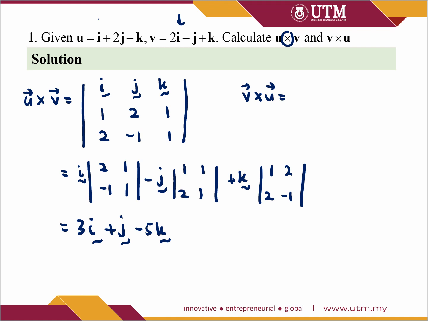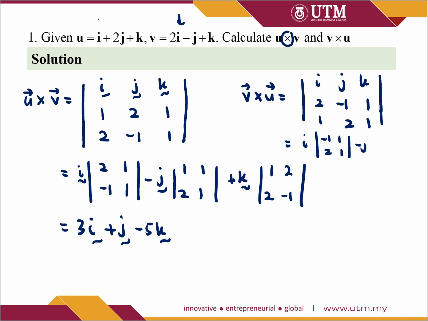So it will be i, j, k, and then v first and then u. Alright, so using the same method for i, j, and k, and you will get